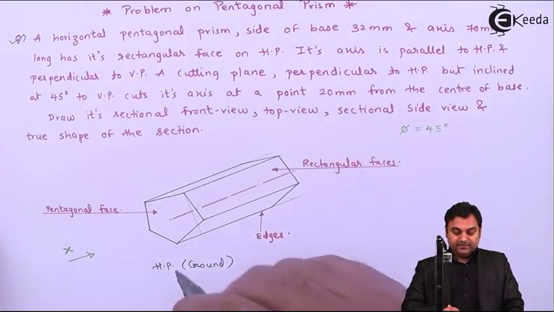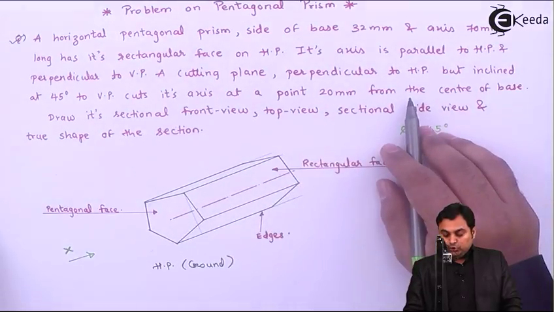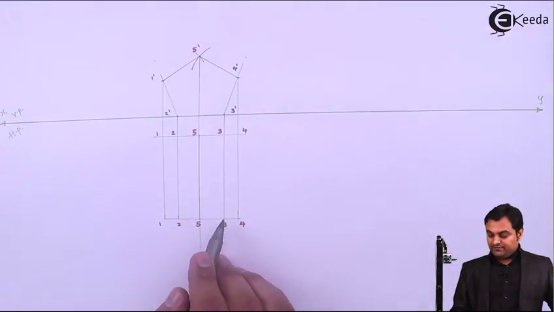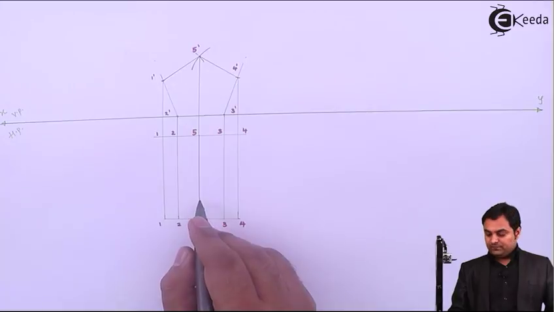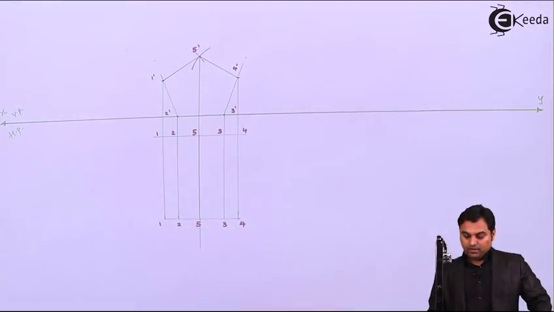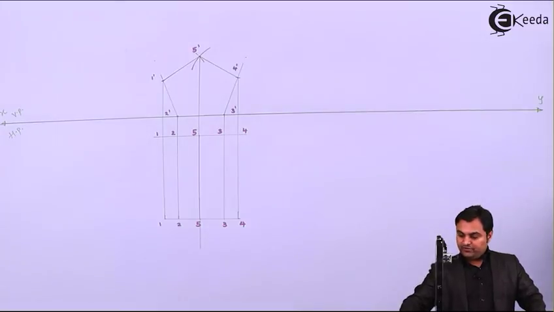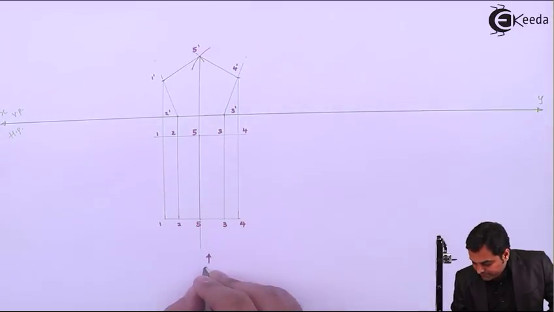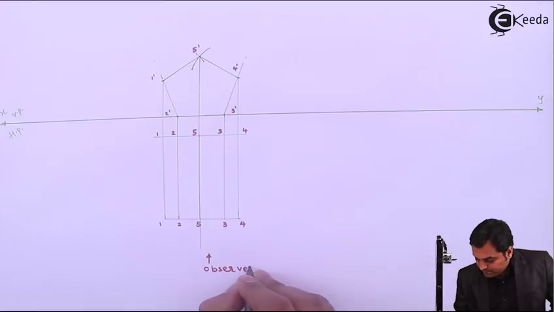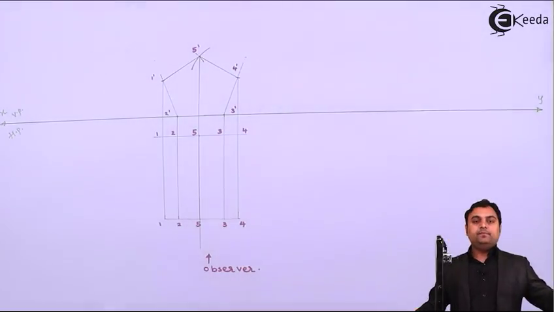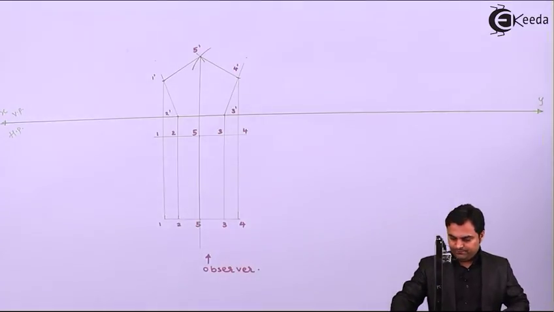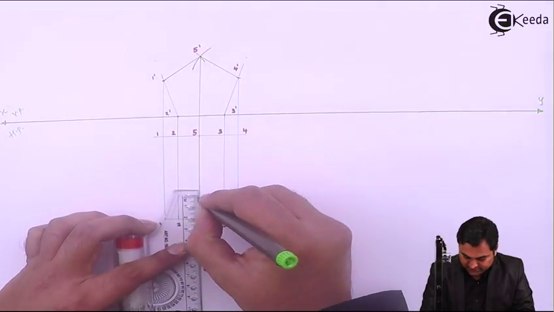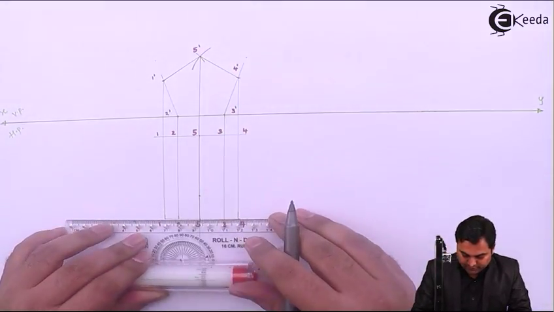Now where the cutting plane cuts its axis at a point 20 mm from the center of base. So here we have the base, and from the center of that base it is cutting at 20 mm. So here, and the observer, since this is the top view, observer is located here. So taking 20 mm, now here I'll measure 20 mm from the center of the base as mentioned in the question, drawing a light line through it